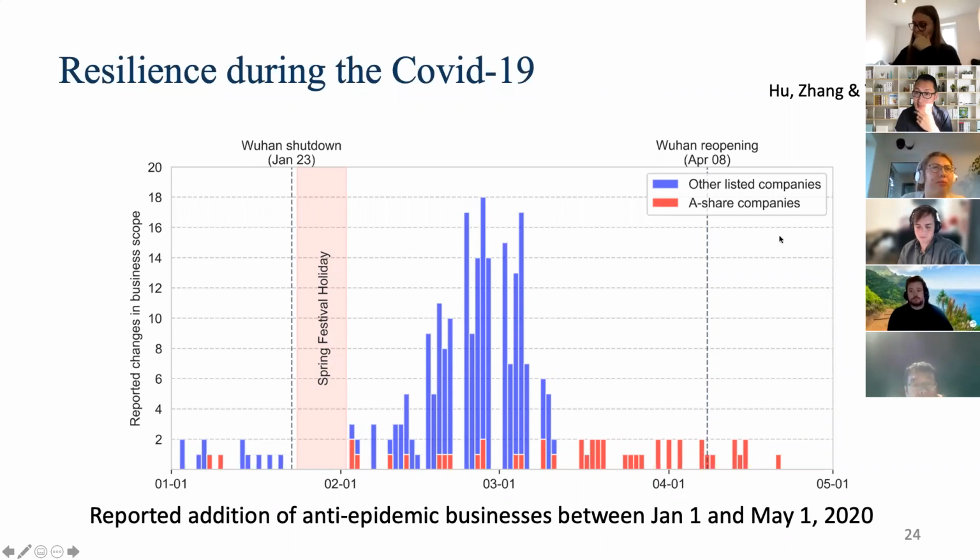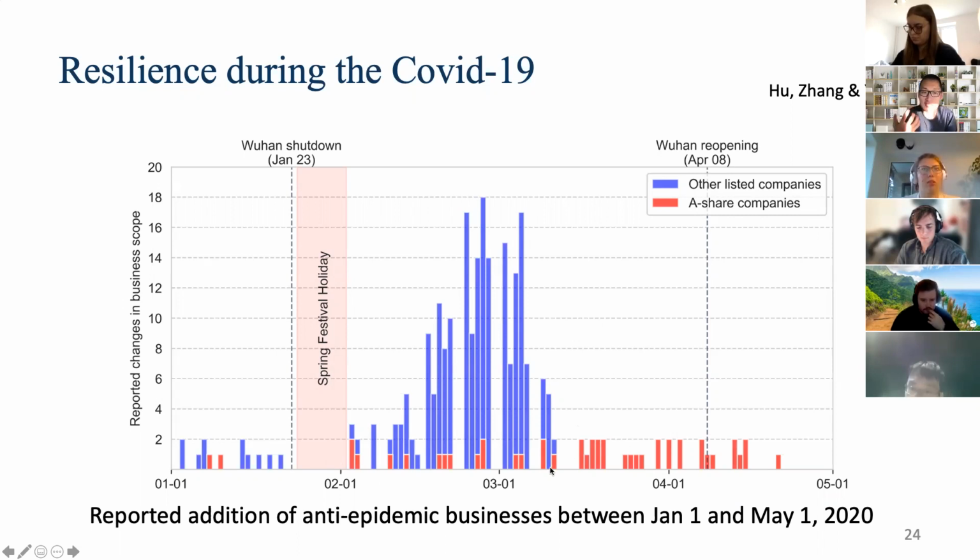It's just A-share companies. A-share is the most popular stock market, listed companies in China. The other listed companies, although they are publicly traded and you could purchase their shares, are not that liquid. Not everyone can purchase them, but A-share is something that everybody can trade. If you have a bank account and provide some registration, then you will be able to trade these A-share companies. And you see here, a lot of the companies